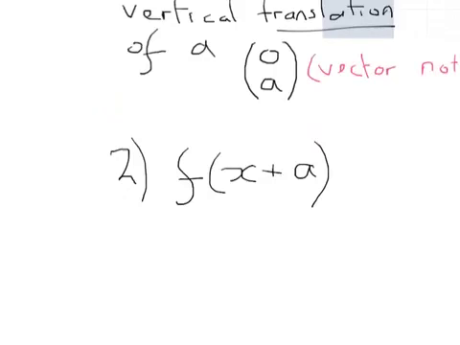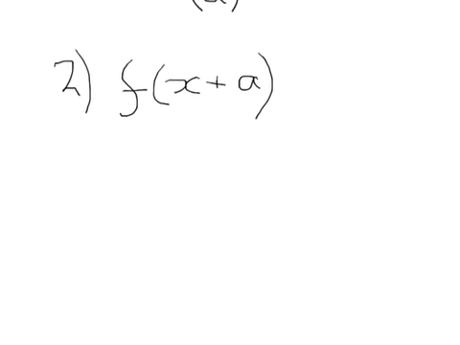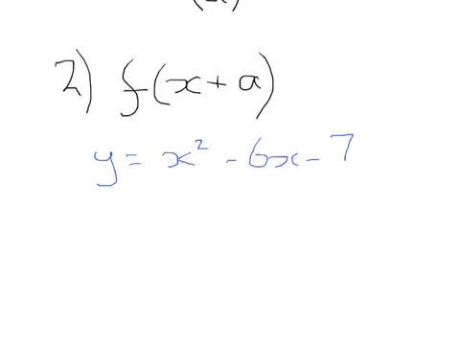We're going inside the function. To every x within that function, I'm going to add a. So let's just deal with this in terms of the same graph that we had just now. So if we start with y equals x squared minus 6x minus 7. If I'm going to add a to all of my x's within that function, what that would become is,